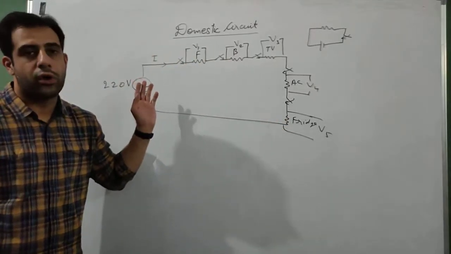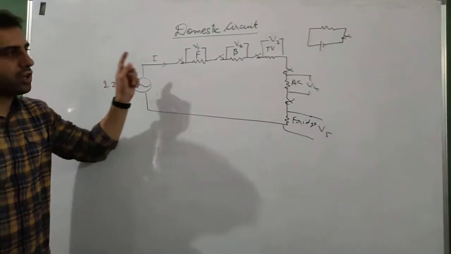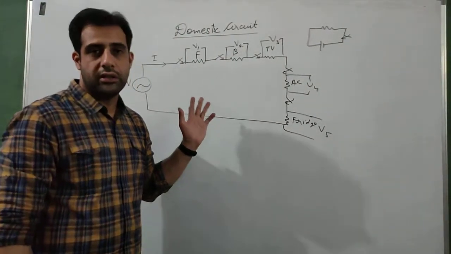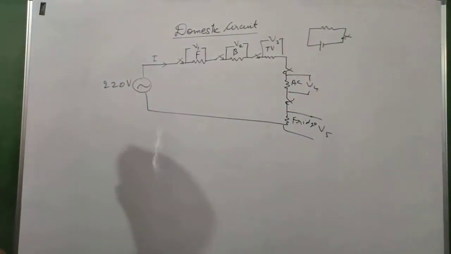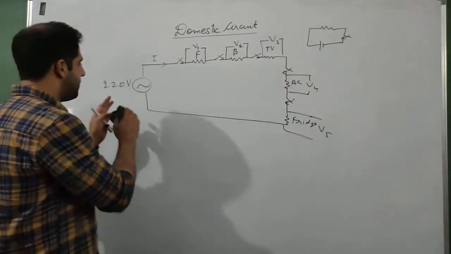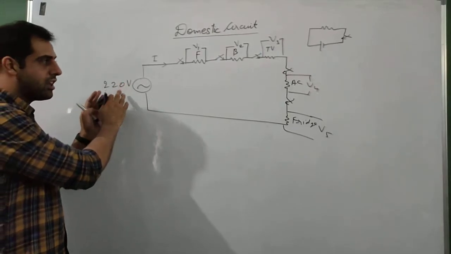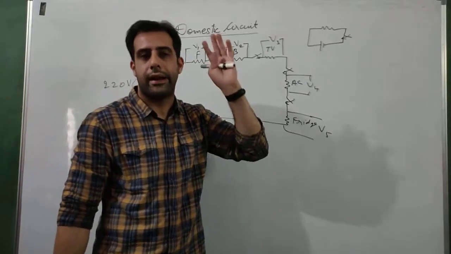So none of them are going to work, because for all of them to work we need 220 volt for each of them. That is not going to happen in a series circuit. So this is another disadvantage. Now what happens? Let us say that somehow I adjusted the voltage. I gave a high voltage such that each one of them is getting 220 volt. Let us say by some miracle I did that.